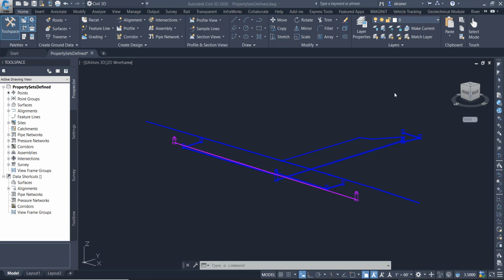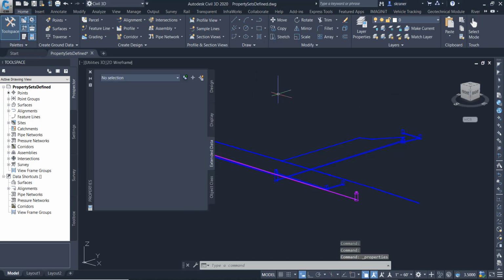There are times when you may want to leave the AEC PSD Auto Attach command set to off and manage the assignment of user-defined attributes to utilities in a more granular fashion. In these instances, you may want to use the property set clean command. Let me show you how that works. First, let me open the AutoCAD property palette, the extended data tab, and show you that in this drawing I have